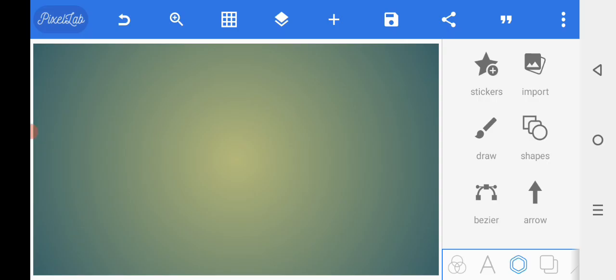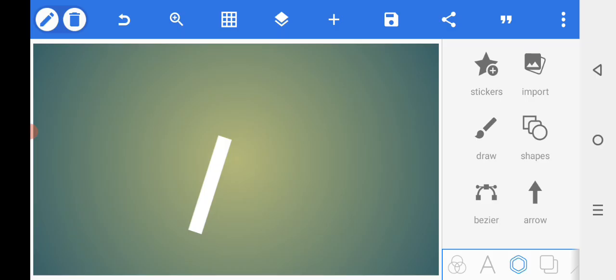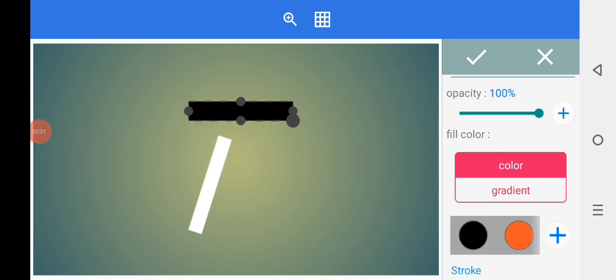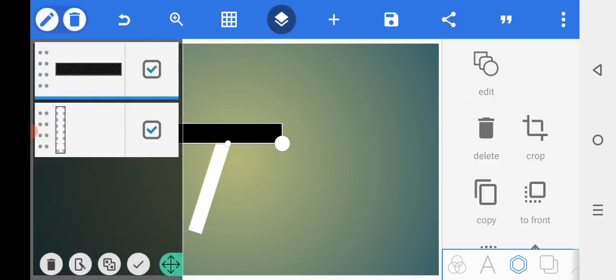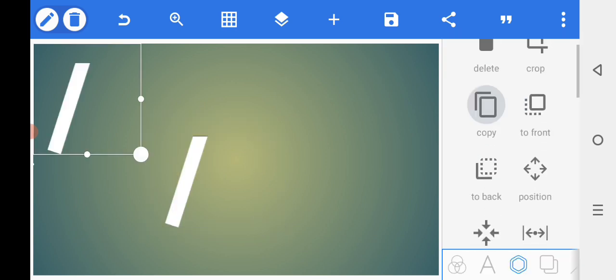Open the Pixel app, select the shape button, adjust the shape, crop the shape, select the crop option, select another shape, adjust the shape, change the color, select the color option, adjust the color, save the shape, select the save option, adjust the save confirmation, select the orange color, hold the button down, copy the shape, select the copy option, crop